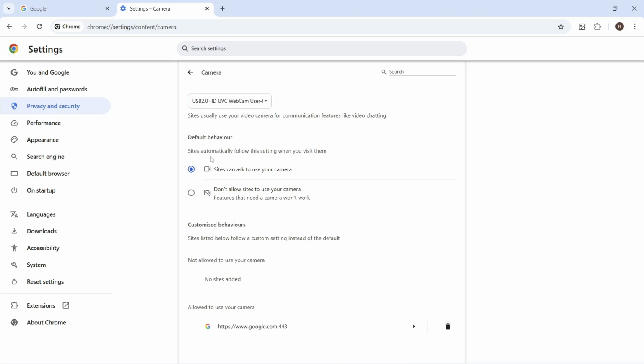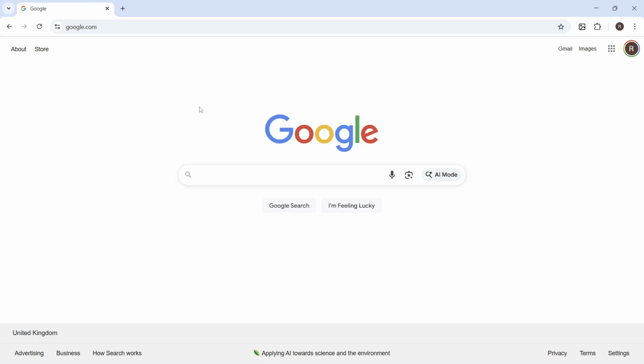Make sure default behavior is set to sites can ask to use your camera, and where it says not allowed to use your camera, make sure no websites are blocked in this list, as that can also cause your camera not to work. Now if you have tried all of these steps so far and you're still having an issue,